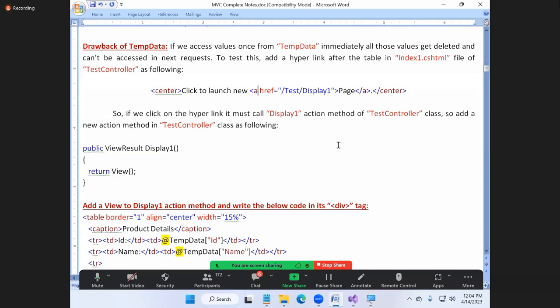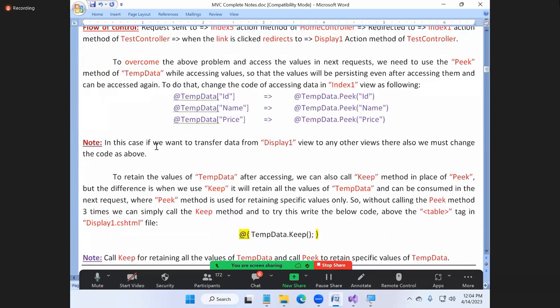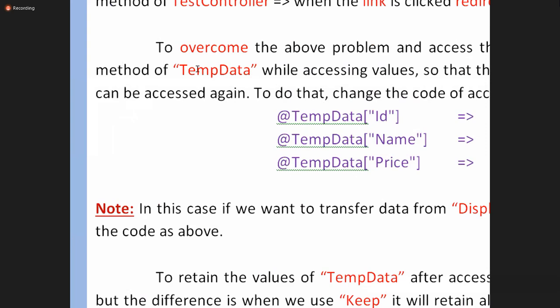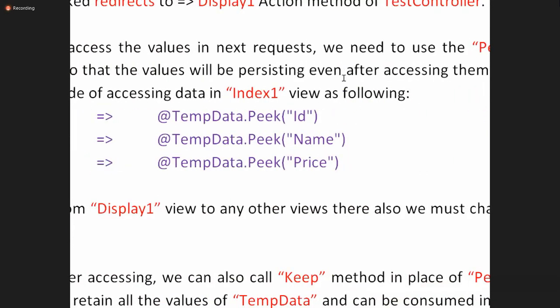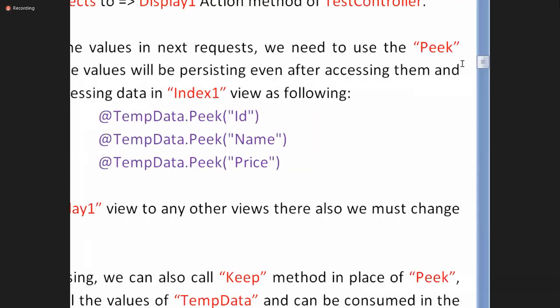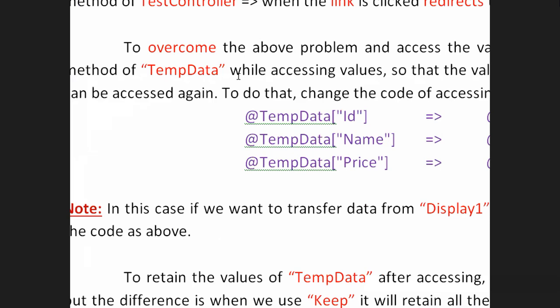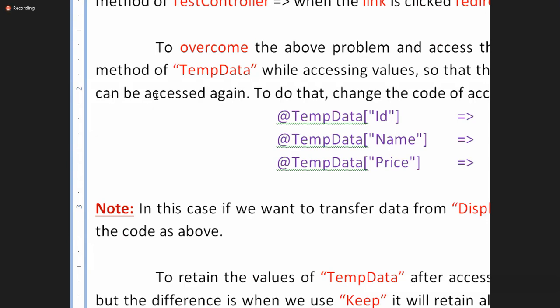Are you clear? Okay. Guys, if you want to fix the problem, read this. To overcome the above problem and access the values in the next request, we need to use the Peek method of temp data while accessing the values, so that the values will persist even after accessing them and can be accessed again.